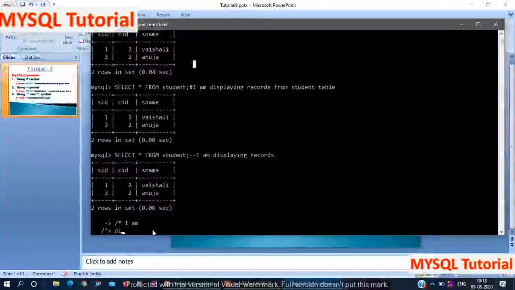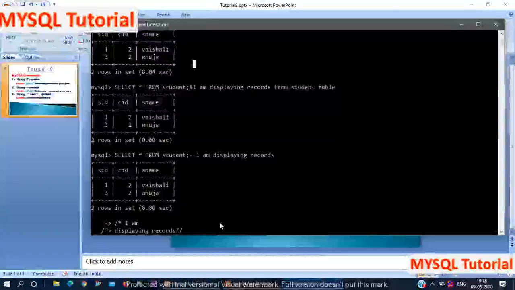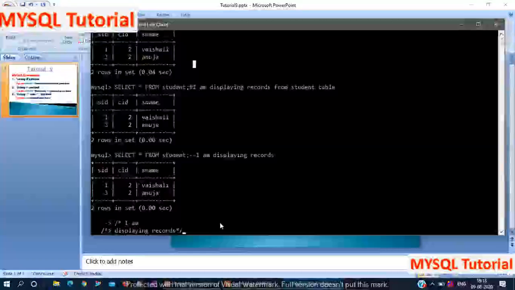I am displaying records. Here I started this comment, then here I finish my comment by using star slash. Then specify your query; here I use select star from table name.